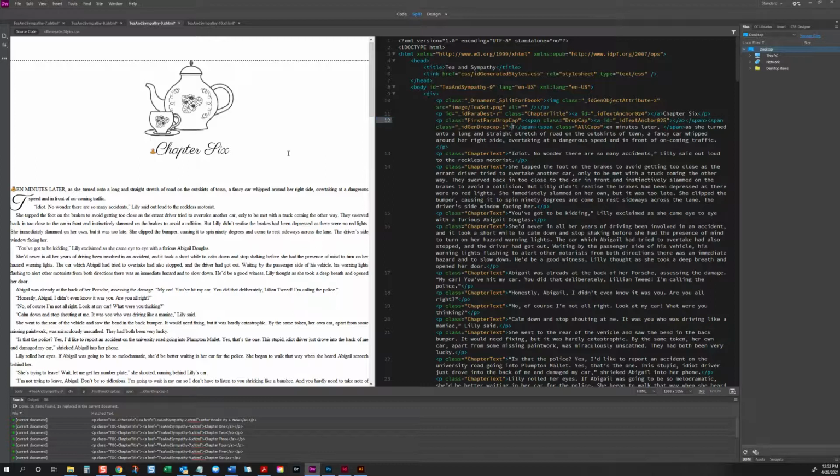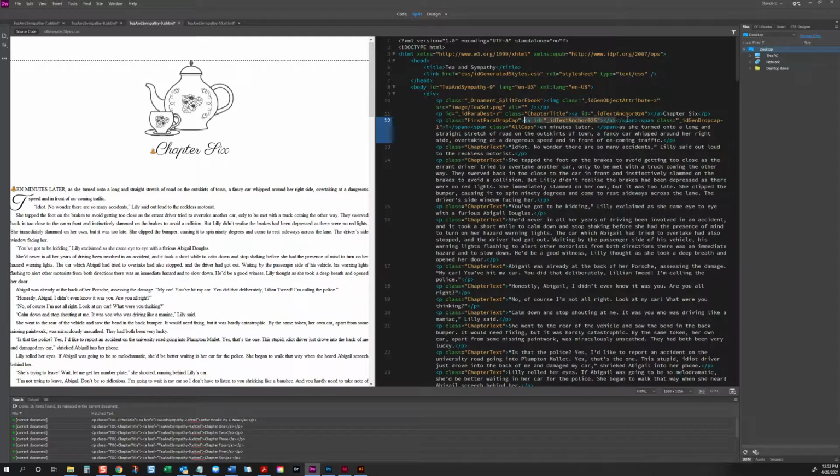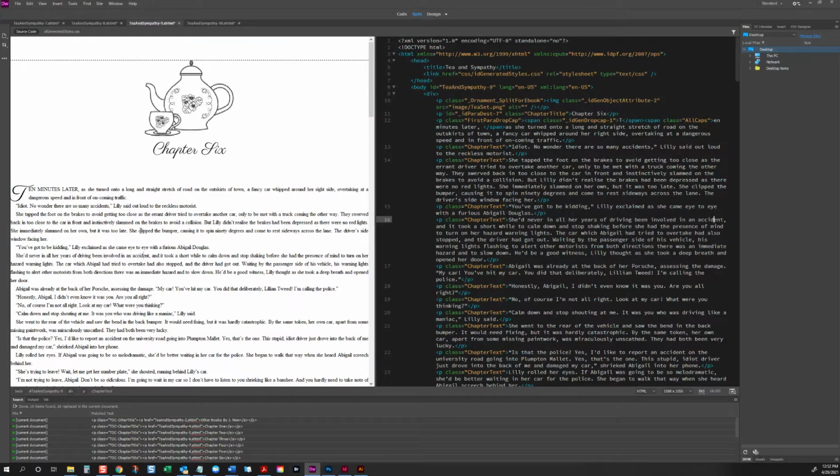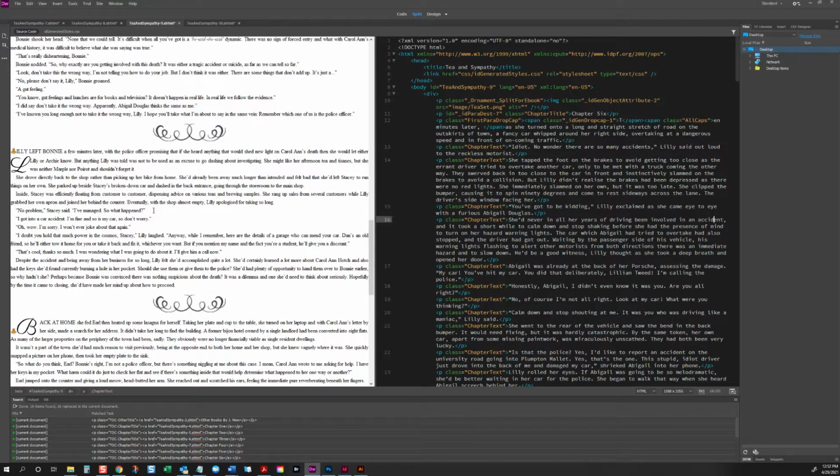All right, so this T is coming through really funky, and that's because there's another CSS class in here causing it to look funny. So we are going to delete that out. We have to delete another span. Let's see, all caps. I'm going to go ahead and delete this anchor because we don't need it. First pair drop caps, span class. I think that's it. All right. So that cleared that one up. And that T,